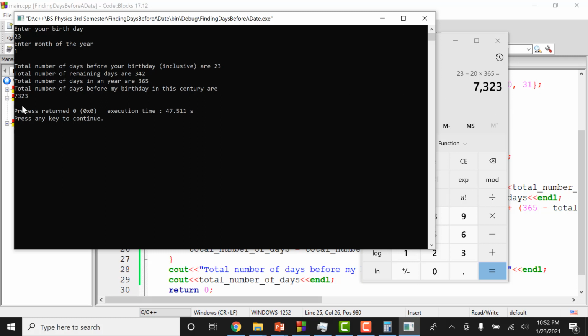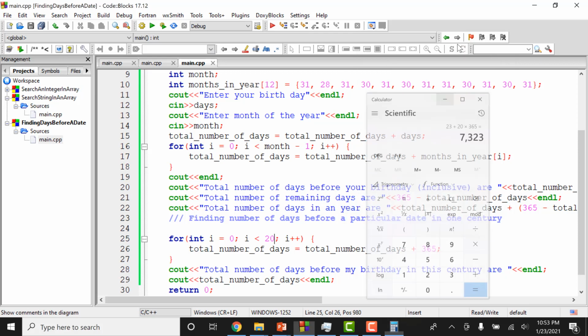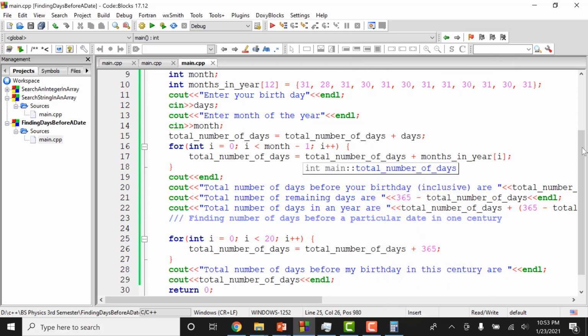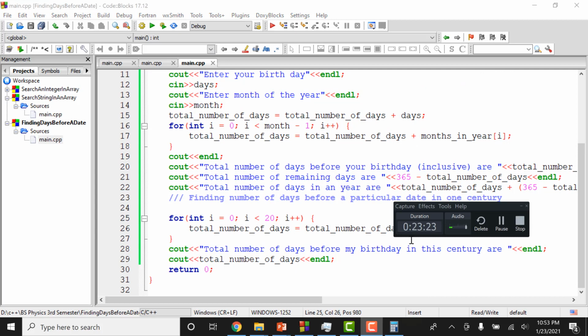These are the number of days in this century before our birthday, if our birthday is 23rd of this month, which obviously can't be possible, but for the sake of understanding this problem, you have to keep these things in mind. All right, so with that I'm going to stop here, and I'll meet you in the next part of